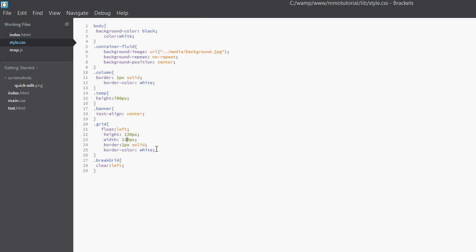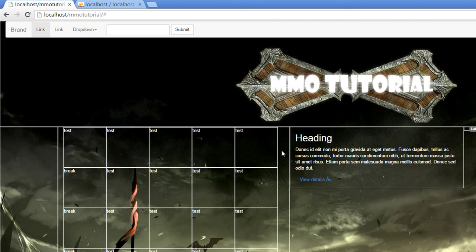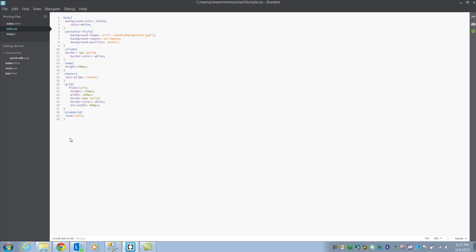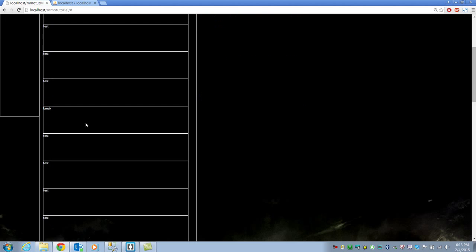What we can do for the minimum width is come in here and do minimum width, and since we've got 130 times 5, we're looking at 650 pixels, I believe. So we're about right there. Let's make sure that still works. I may have to restart my WAMP server. It's acting really funny right now. So anyway, that should make it to where no matter what we do with our responsive size,